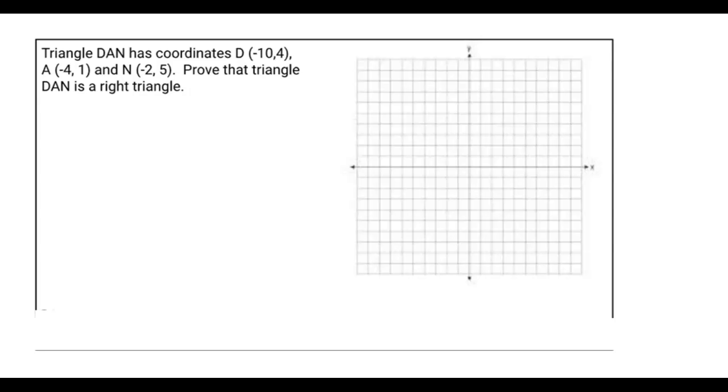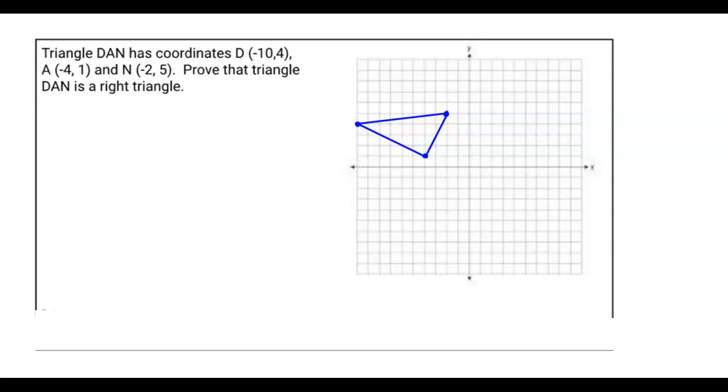We don't have to write a statements and reasons diagram, but our first step is going to be to graph points. So let's do that now. Coordinates D, A, and N, which spell out Dan, great name, are going to be graphed on these coordinate axes to the right. I've graphed my points and connected the dots, but of course one thing that you need to include also is